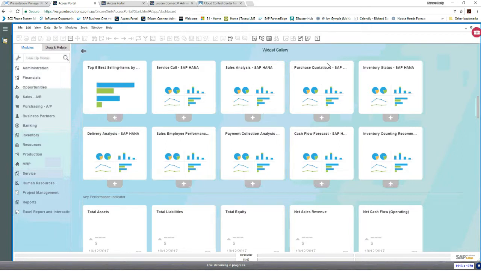Now let me give you a personal opinion. The licenses that I have purchased, I purchased SAP Business One version for HANA. Why? Because I wanted to have access to these analytical views in the software. I also wanted to have access to the very latest technology because, as part of what I do, access to that technology is important. So let's just talk about that for a second.